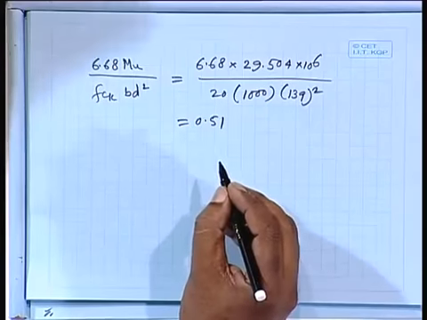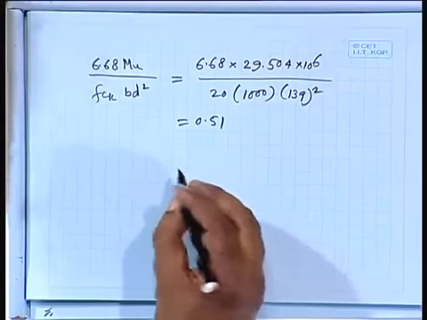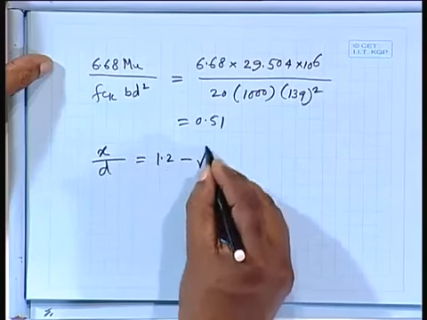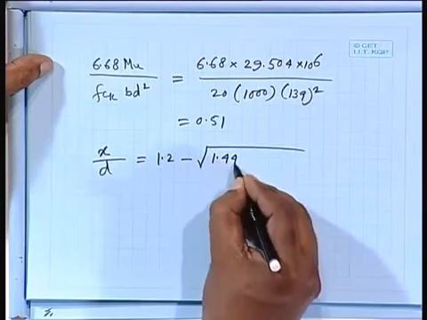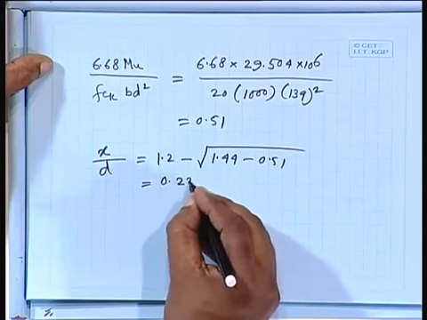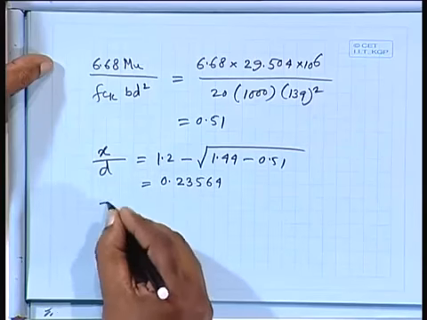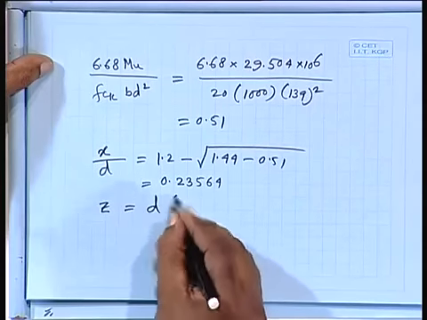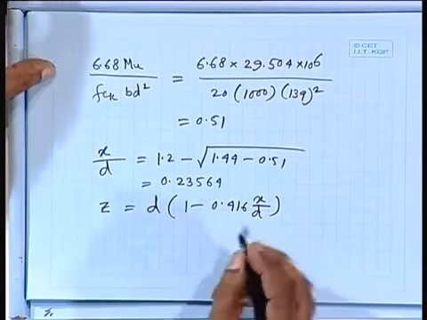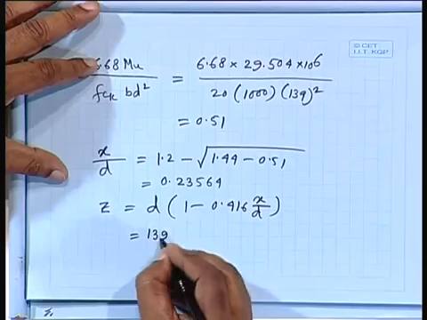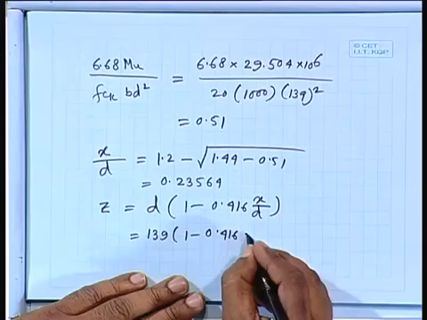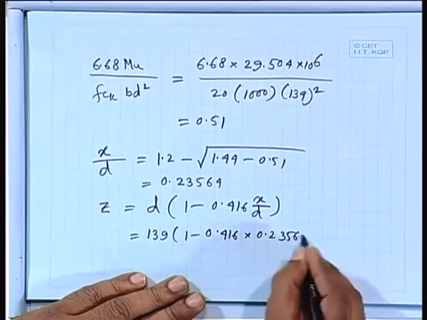So x by D equal to 1.2 minus root over 1.44 minus 0.51 equals 0.23564. Therefore, z equal to D times 1 minus 0.416 x by D equals 139 times 1 minus 0.416 times 0.23564